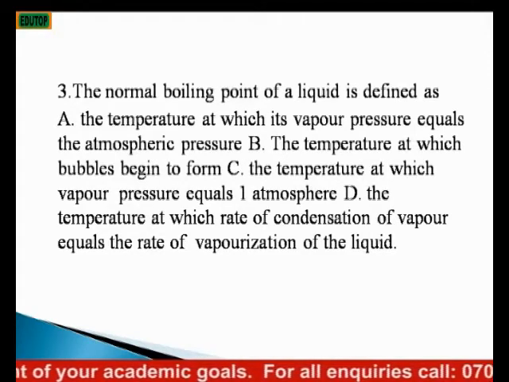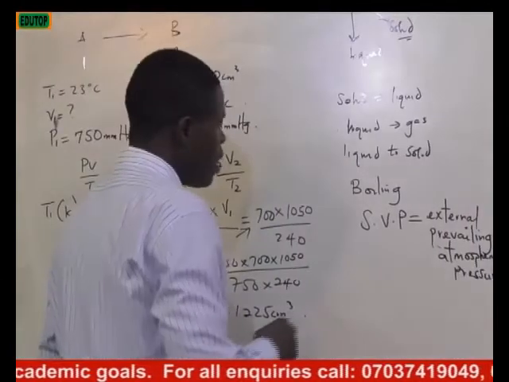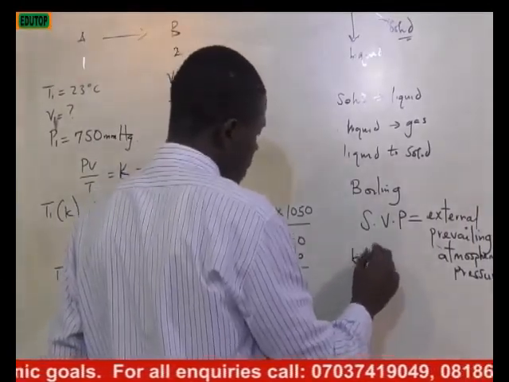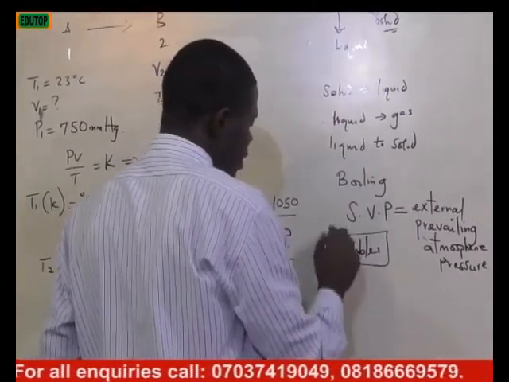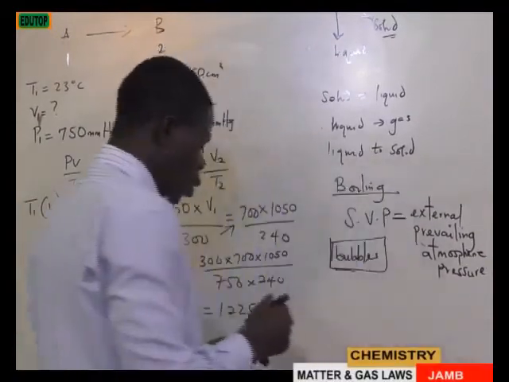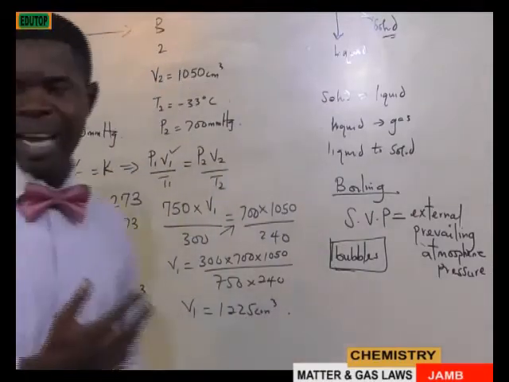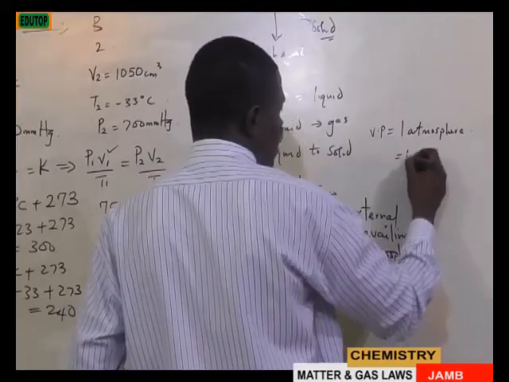B says the temperature at which the bubbles begin to form. No, because when you say bubbles begin to form, that means before you can observe bubbles, the boiling point would have been attained. So that cannot be suitable. Then C, the temperature at which the vapor pressure equals 1 atm. Vapor pressure equals 1 atmosphere. And 1 atmosphere is the same thing as